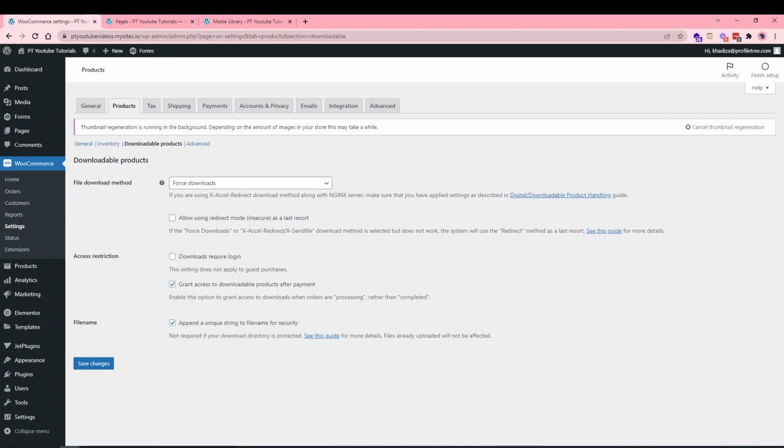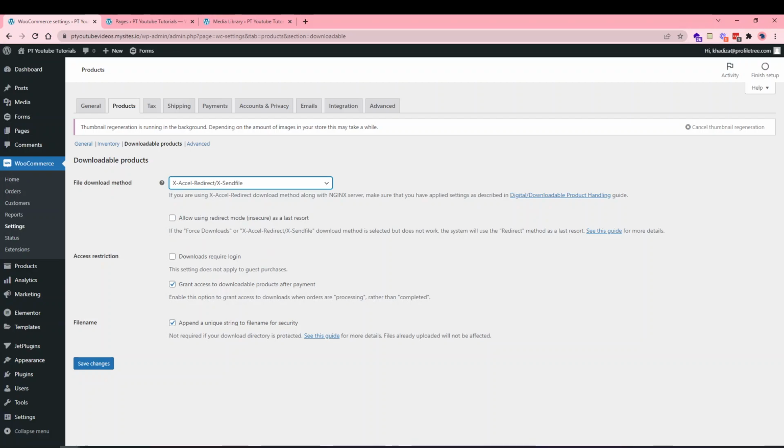So WooCommerce recommends the second one as the most reliable option, but I'll go through each of them anyway. So forced downloads are file downloads that are being forced. To ensure files are protected from direct linking, forced downloads can be used. But if your files are large and your server can't handle it, the user might experience timeouts during download. In that case, you may need to either look at your server or use the redirect method. The second option then,